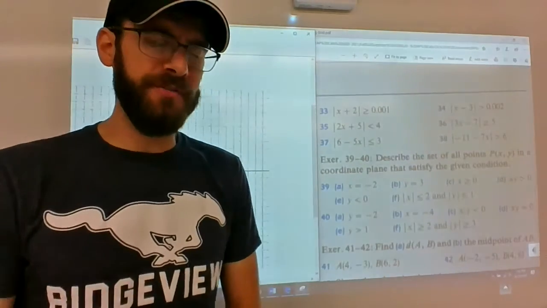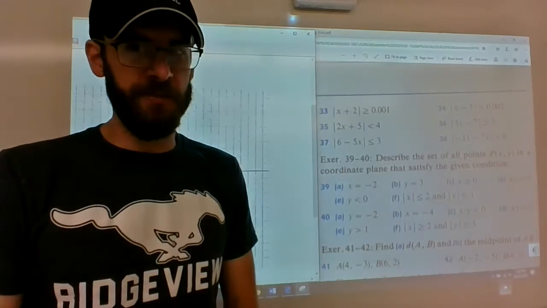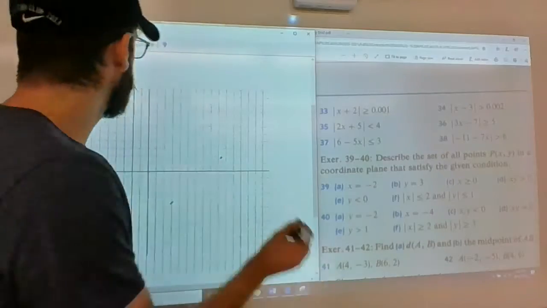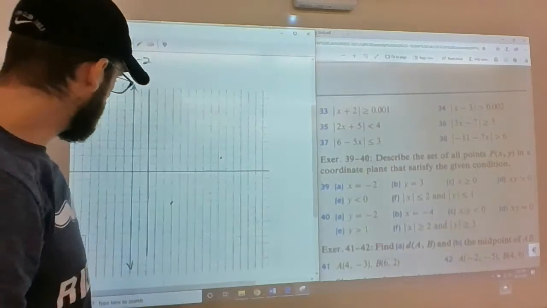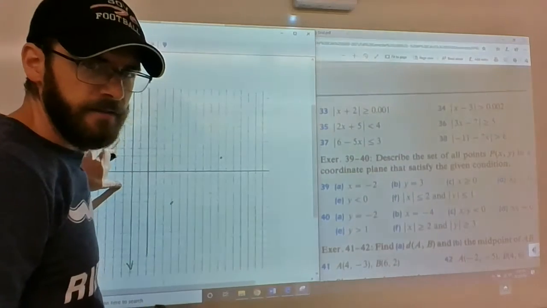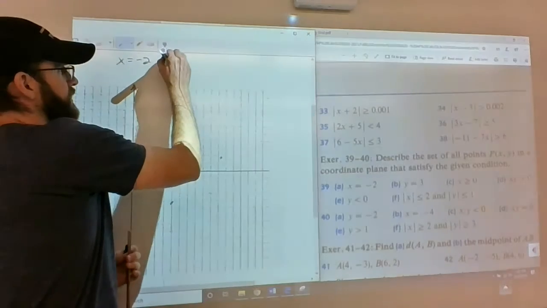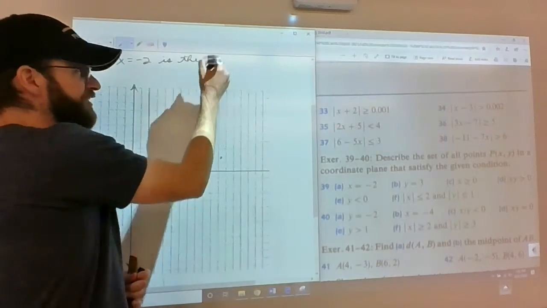I think what the authors of this textbook are getting at is, can you describe that without just saying, there it is, by actually describing it? Well, it's a line, but describing it, it's the vertical line,